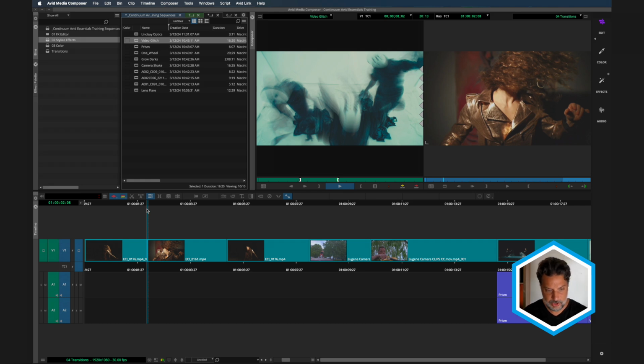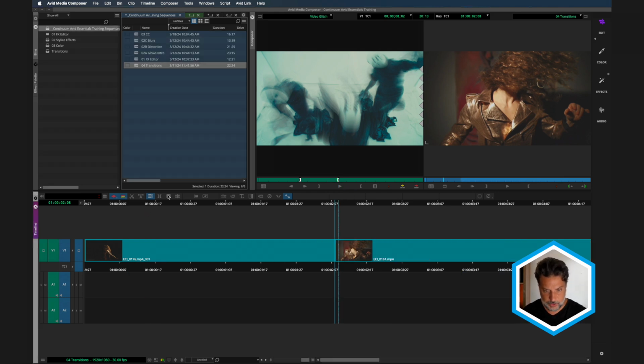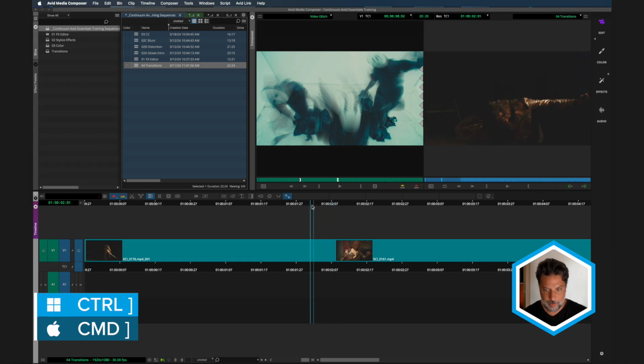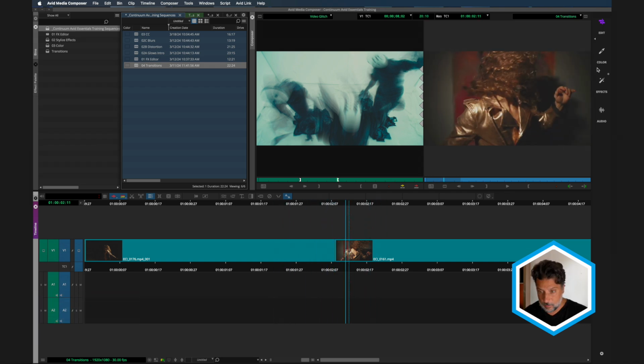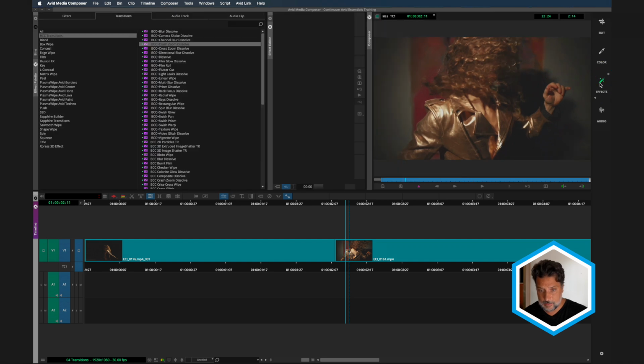What we want to do is just zoom in on the first two clips in the timeline. So I'm just pressing Command right square bracket, and we're going to add a transition over these two clips. Let's go to the Effects workspace. And inside that workspace, in our Effects palette, we've been focused on the Filters tab. We're just going to move over to the Transitions tab, where there's a category for BCC transitions and 40 plus